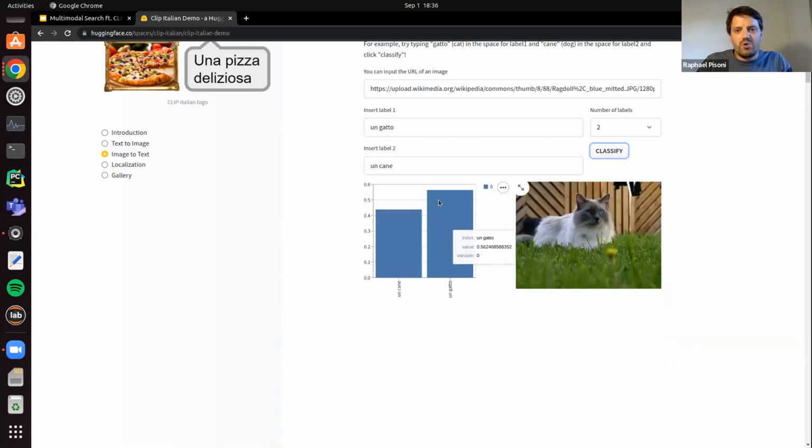And you can see that the probability of it being a cat is much higher. So I hope that convinces you. And finally, I'm going to give you a quick